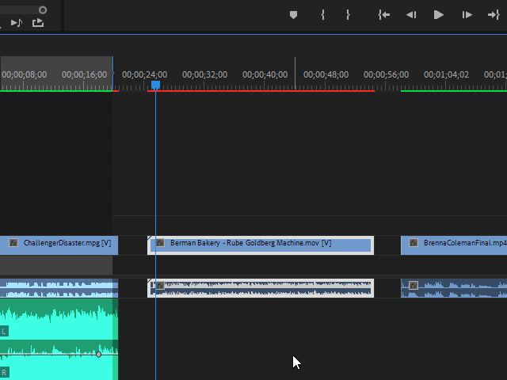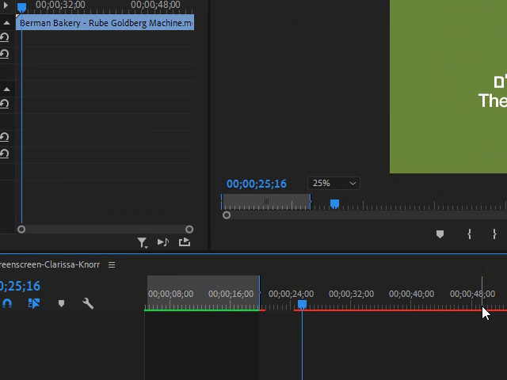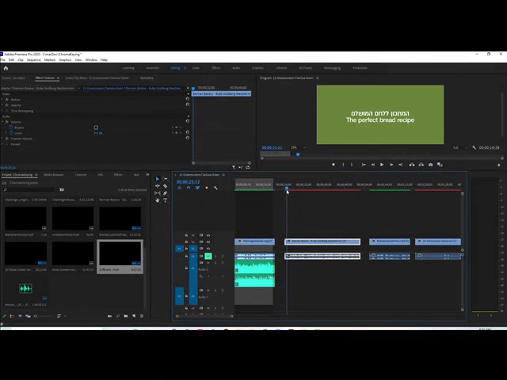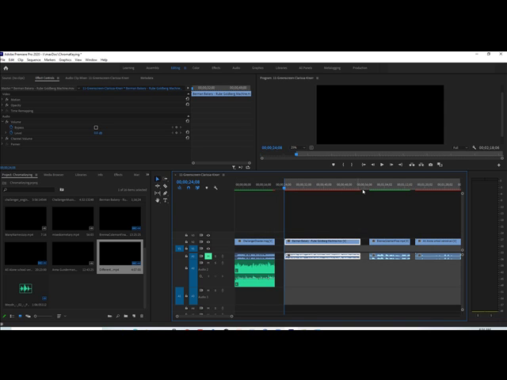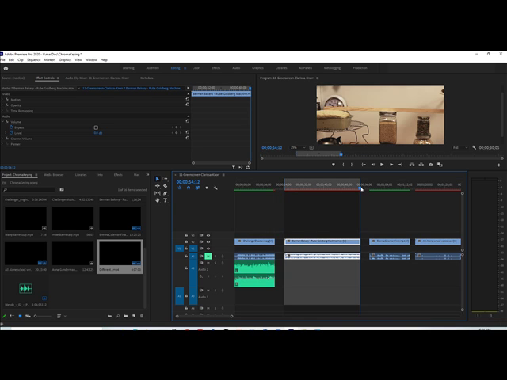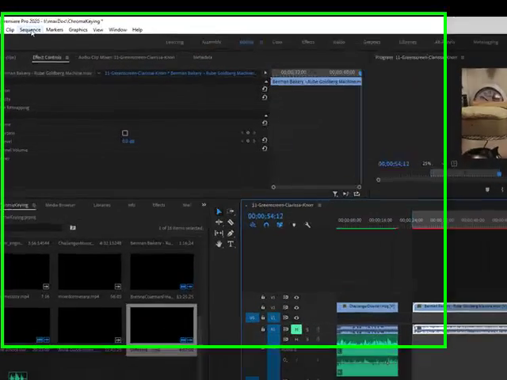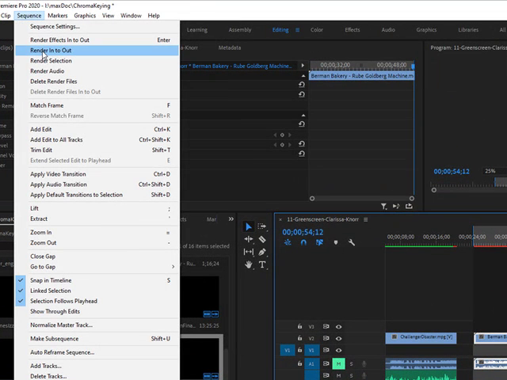here, and your colors may be different. If the bar above your clip is red, that means your computer is going to have a hard time playing it back, and you may get some skipping, some lags, things like that. This will happen as you start to add more and more effects to your video. So one thing you can do is make an in point, hit I on the keyboard, and an out point, O on the keyboard, and then go up to sequence, render in to out,